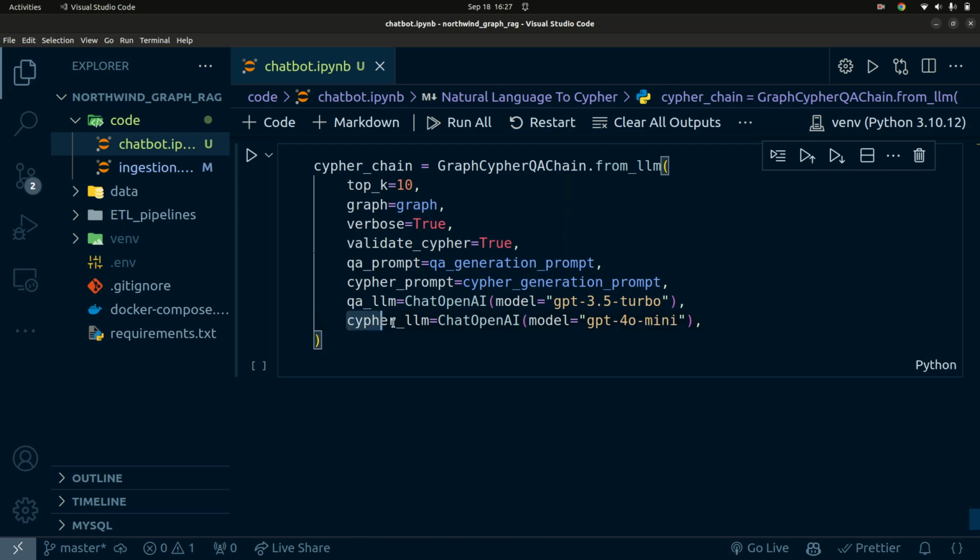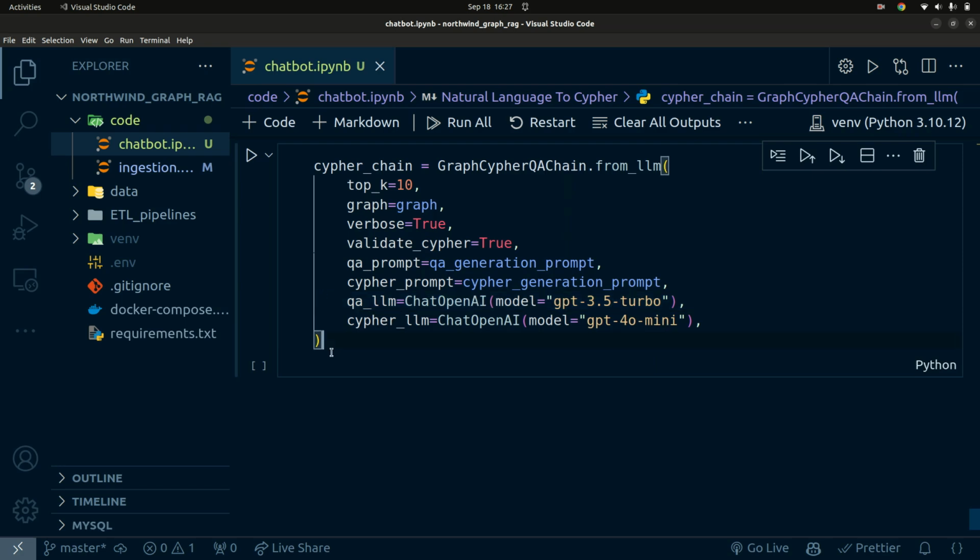So we have GPT-4o mini, which is more advanced than GPT 3.5. In the future, GPT 3.5 will be phased out, there was an announcement. So in case you're watching this and it's failing, just go to OpenAI, Google the latest models and use one of them here as well. But in this case, this model is more advanced than this model, so this model is going to be writing the Cypher. We need a bit of thinking power, right? This model here is much more powerful, so it can be used for writing the Cypher. And once the results are returned, GPT 3.5, which is a less powerful model than 4o mini,